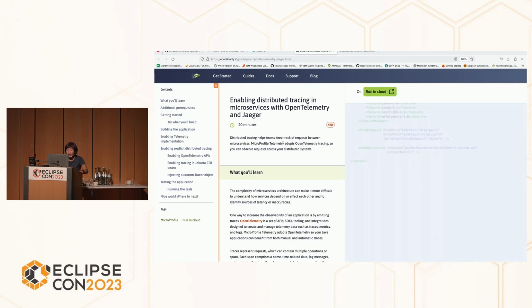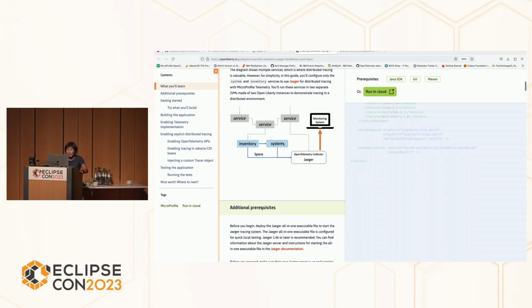This is the graph. Directly to service, one is inventory, one is system. Basically, you directly call the inventory, inventory later on calls the system, and then it returns the response. And then I have Jaeger client running,